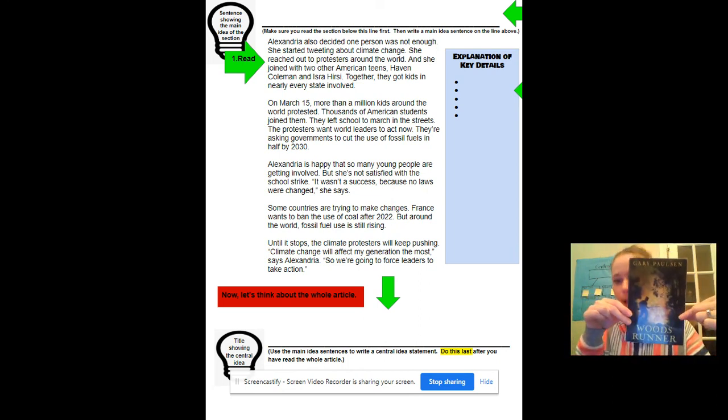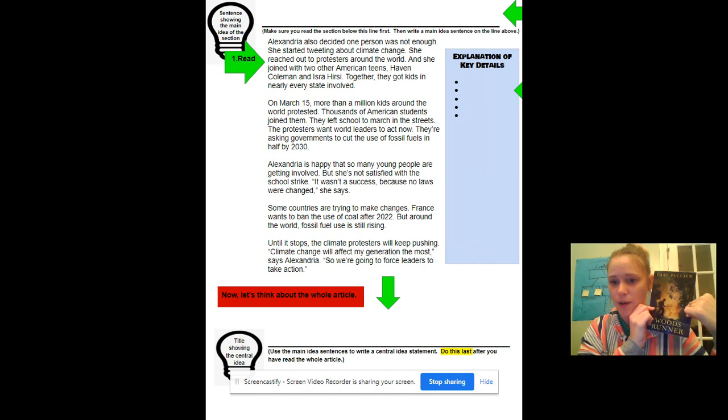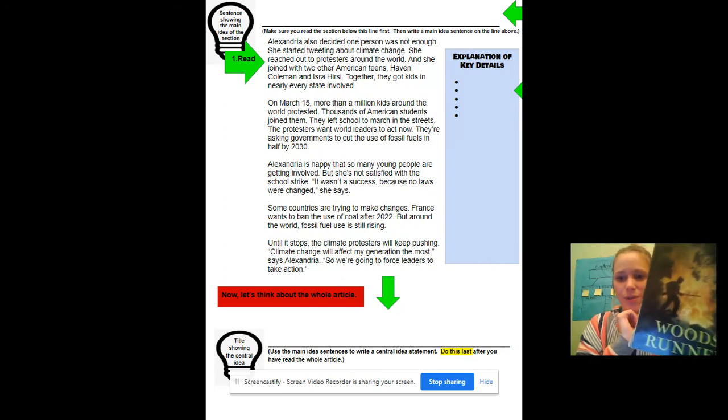So if you happen to have a copy of this book, or maybe an older brother or sister has a copy, or maybe you can get a Kindle version, you might want to get your own copy, because even though I'm going to be giving you the chapters that you need each day in a PDF or a slideshow, it's always nice to have your hands on your own book. Okay, so if you want to go ahead and try to get your own copy, go for it. If not, that's okay. I'm going to give you what you need for each day. All right, so I look forward to reading you Woods Runner.